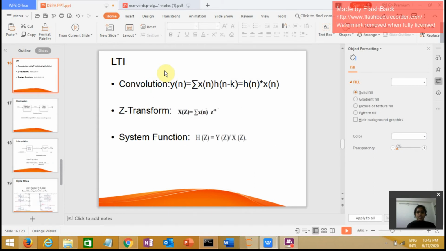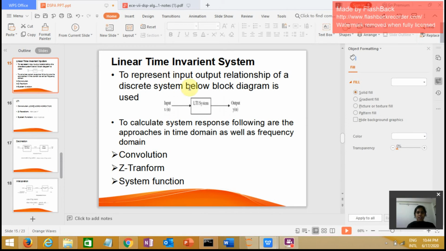Earlier in this class we have already done the block diagram, and here there is an LTI system. What is an LTI system? It is a linear time invariant system, and to this system we are giving an input signal. For example, in the place of this, if we keep a filter, its response is the impulse response, or unit sample response. The impulse response gets operated with the input signal and we get the filtered output signal. So that is what happens in any of the digital filters.